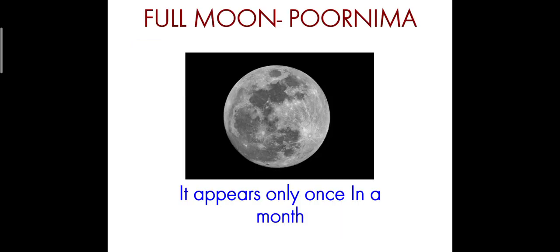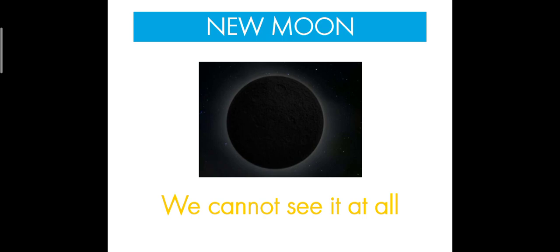So children, we are going to learn about what is full moon. Full moon is also called Purnima. Purnima, a complete moon. Children, it only appears once in a month. It is full moon or it is called Purnima. Now the next type of moon that we are going to learn is new moon. Children, new moon,